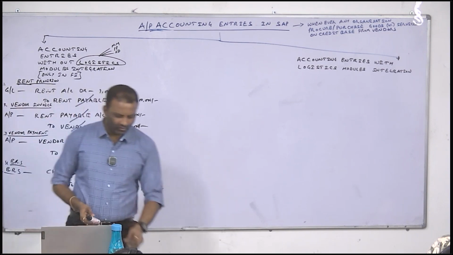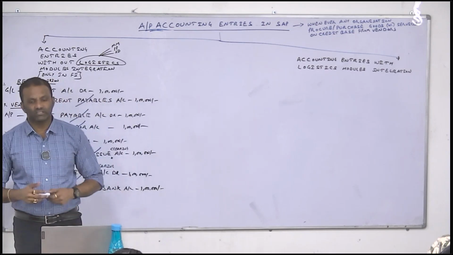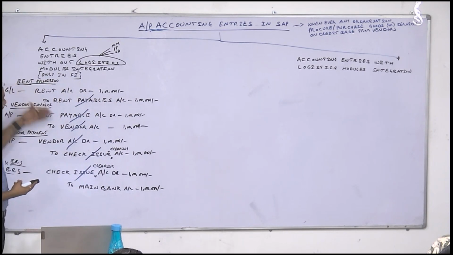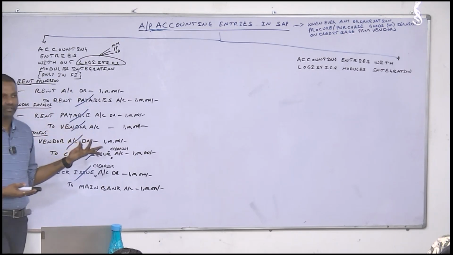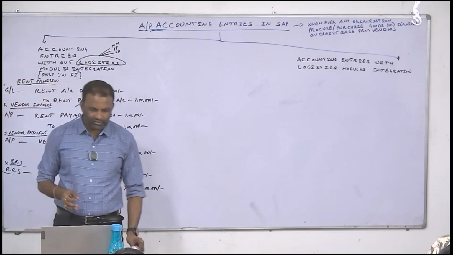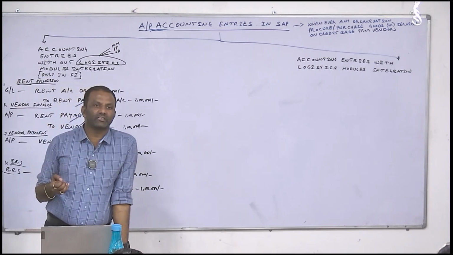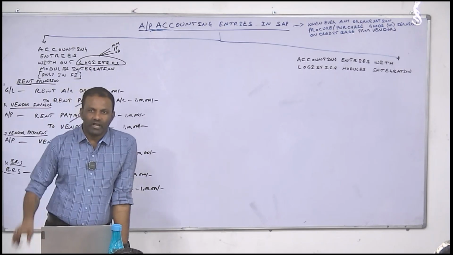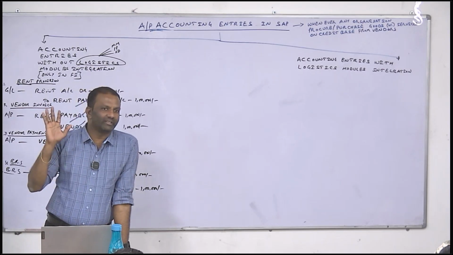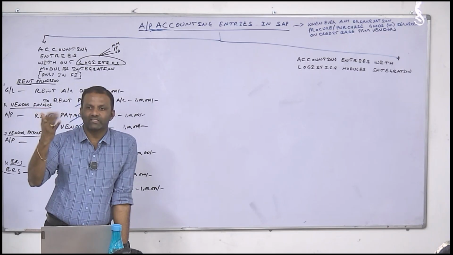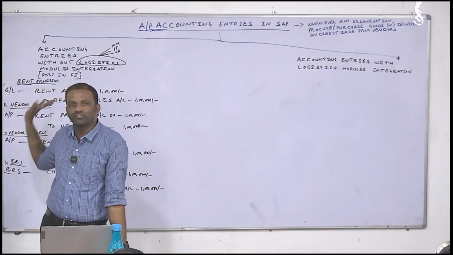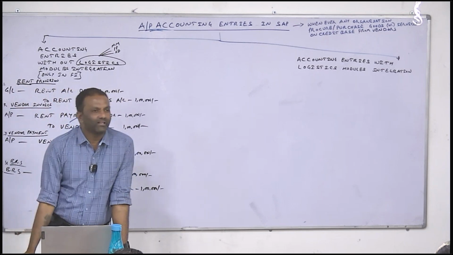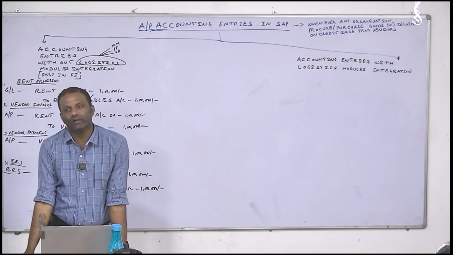Some people may have a doubt. Sir, for example, my organization is not using any provisional entry. Then directly they can post rent account data to vendor. There is no law that every organization should post provisional entries. They have only one accountant, he is doing everything. Then they may say you can post it directly to vendor. So what is the accounting entry? Rent account data to vendor account.